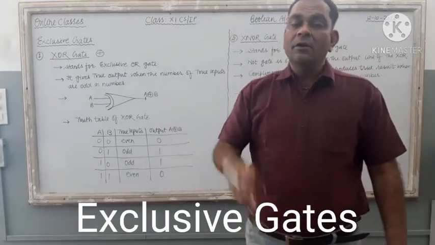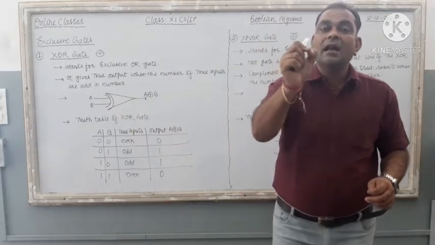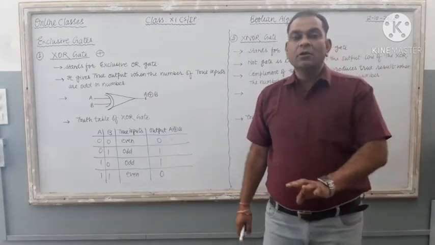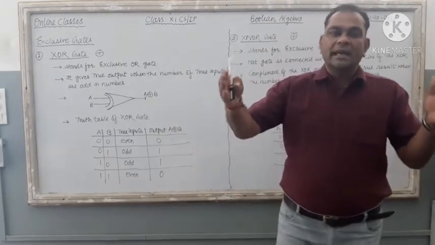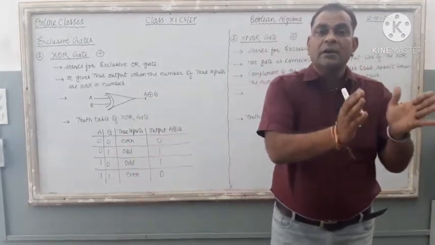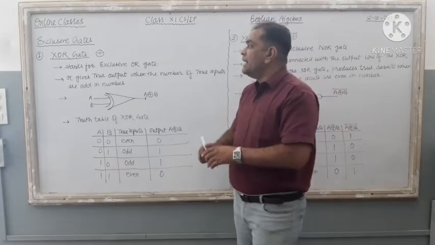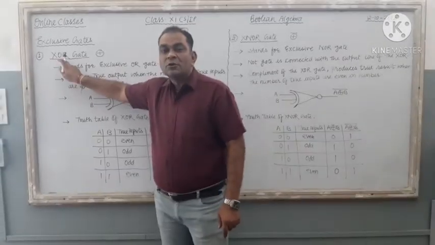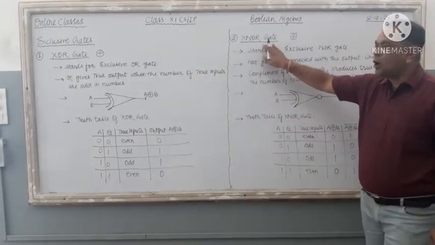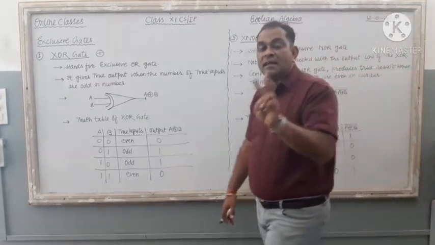Here in this video, we are going to discuss the exclusive gates that are available in logic circuit terminology. Right? As we know, a total of 7 different logic gates are there in Boolean algebra, and out of these 7 different logic gates, 2 gates are known as exclusive gates. These exclusive gates are the XOR gate, XOR means exclusive OR gate, and the next one is XNOR, exclusive NOR gate. So these 2 different exclusive gates are there in this chapter.